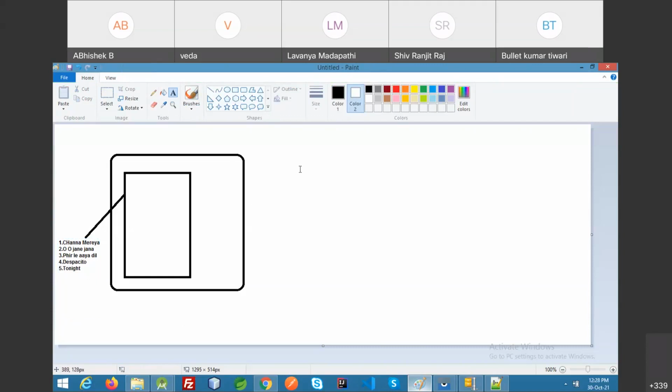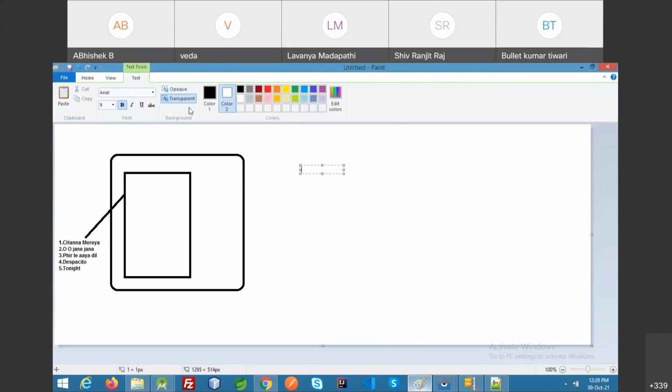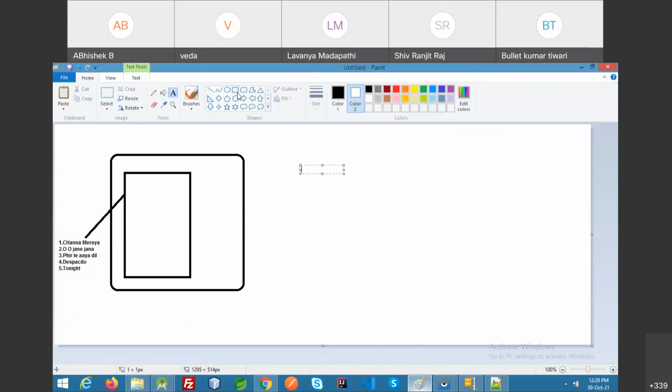Now through the API in my Android app, I have a recycler view in which I need to show these 5 songs list. Clear? And what I want is that when I click on it, it starts playing.